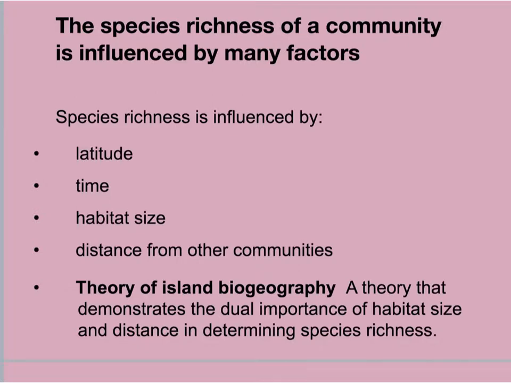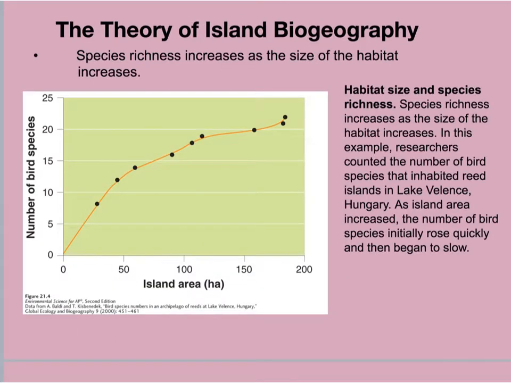The distance between habitats and a source of colonization is also another factor. The easiest way for me to describe this is that oceanic islands that are a greater distance from the continent definitely have fewer species than the islands that are closer to the continent. So distance away from the original area that was colonized definitely makes a difference in how diverse the species are there. We see lots of examples of this in nature.